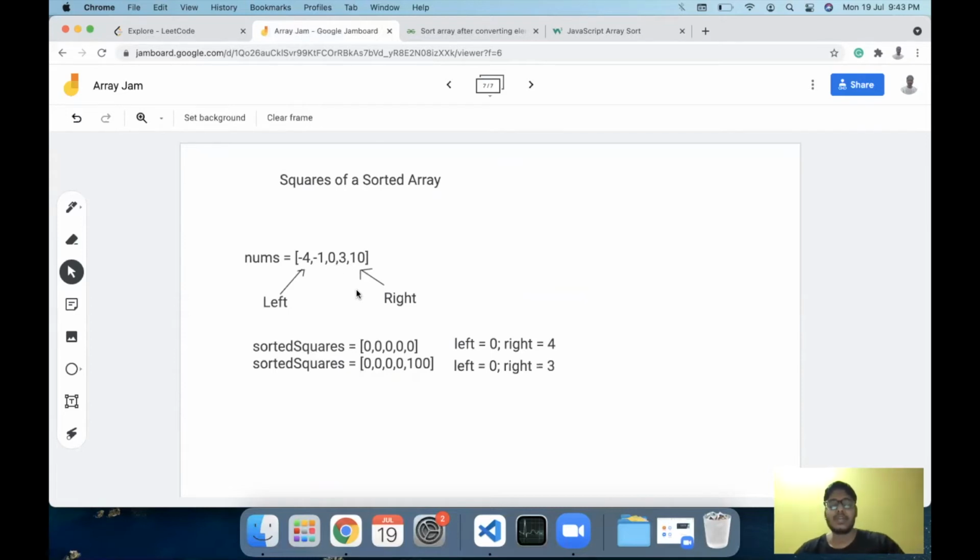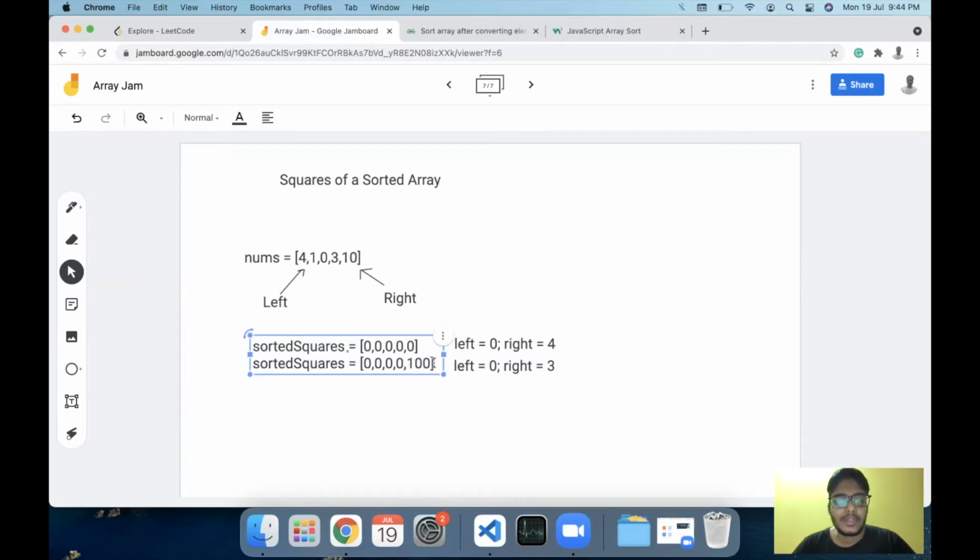The basic question that we should have is, why are we doing this? Let's just say, for example, if we did not have this -4 and -1 here, in that case, if we had a sorted square like this, it would have been quite easy to take the maximum element and then start adding the square directly towards the end. Like if I start from left here and if I start from right here, I will just find the maximum element of the two. Let's say if 10 is the maximum element, I will just square 10 as the max element, and I will push it towards the end of the array. Next, I will decrement my iteration count.